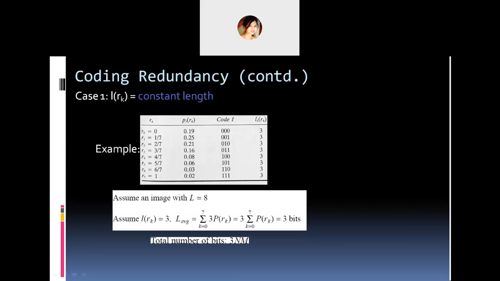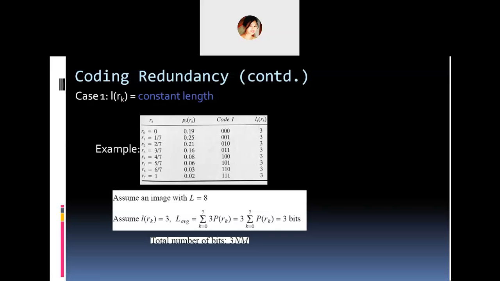Then we have this. Okay, so these are some cases. Suppose this is given gray level from 0 to 7, that is L is 8. What is L? L means the maximum gray level. Here L is 8, that is from 0 to 7 means 8. So assume that the image has gray level from 0 to 7, that is 8. So if you now place the values, we can place the values for calculating the probability.